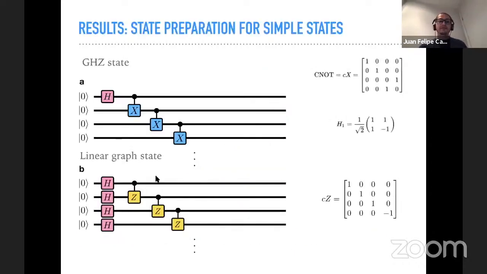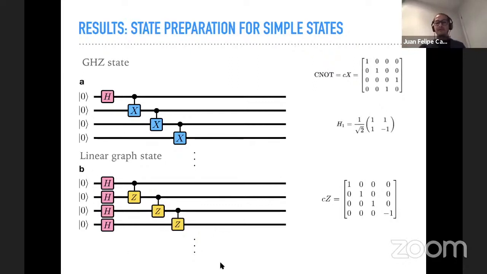We had some examples. So we computed 2 simple states. One is called the GHZ state, which is a prototypical example of an entangled state in quantum information. We took two examples for 2 reasons. One is that the number of gates is polynomial in the size of the system. So if you have n qubits, you have n gates. The other reason is that there's an efficient representation of the GHZ state for large systems, so that we can benchmark our technique for large systems.